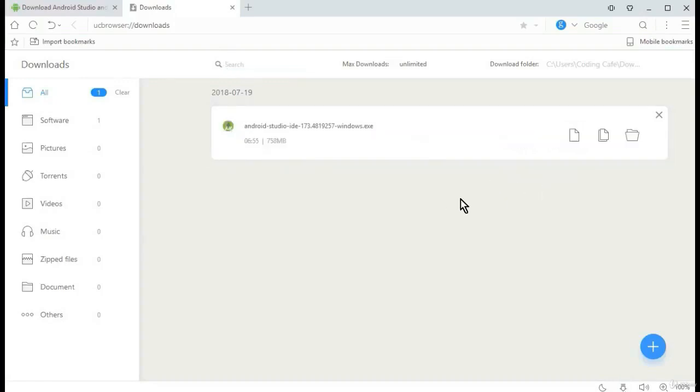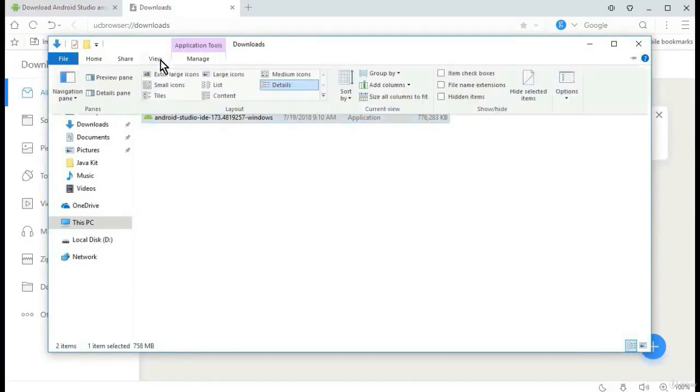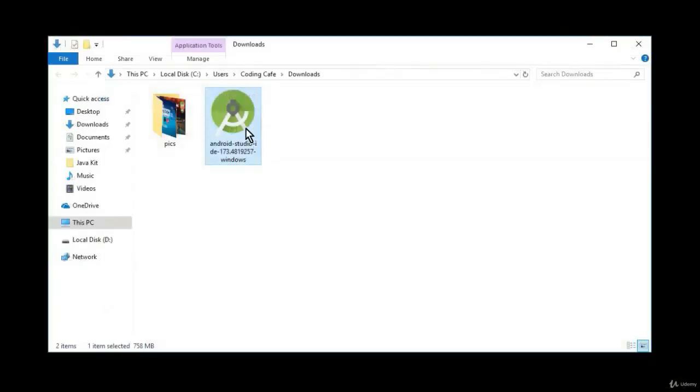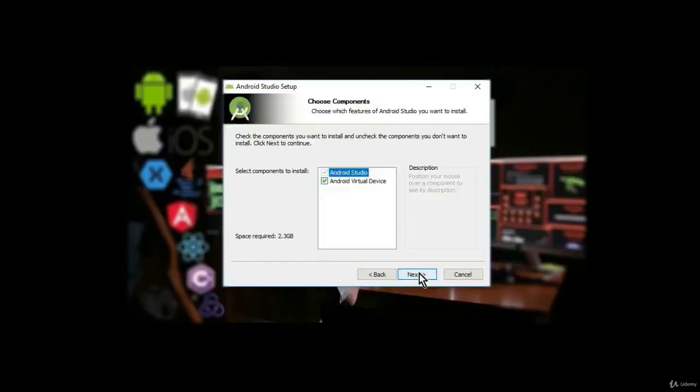So you can see that the file is downloaded successfully. Now you can simply go to that folder where you installed this Android Studio .exe file, which is this one. You can see that. So now double click on this and you can see that welcome to Android Studio setup. Click next